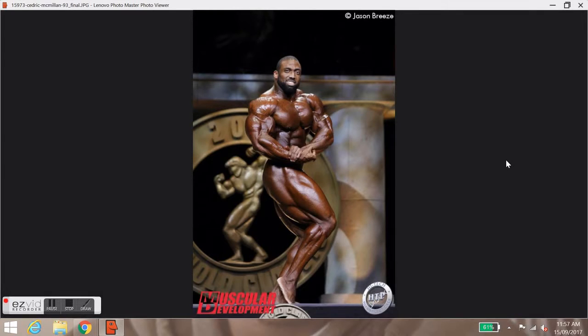All right, that is the side chest pose. It's not a bad pose there by Cedric Mcmillan. He's pretty good with that one too. I like it, his pecs are really good in that. His delts are good, his triceps and biceps are good on that, even his forearms could be a little bit bigger, but